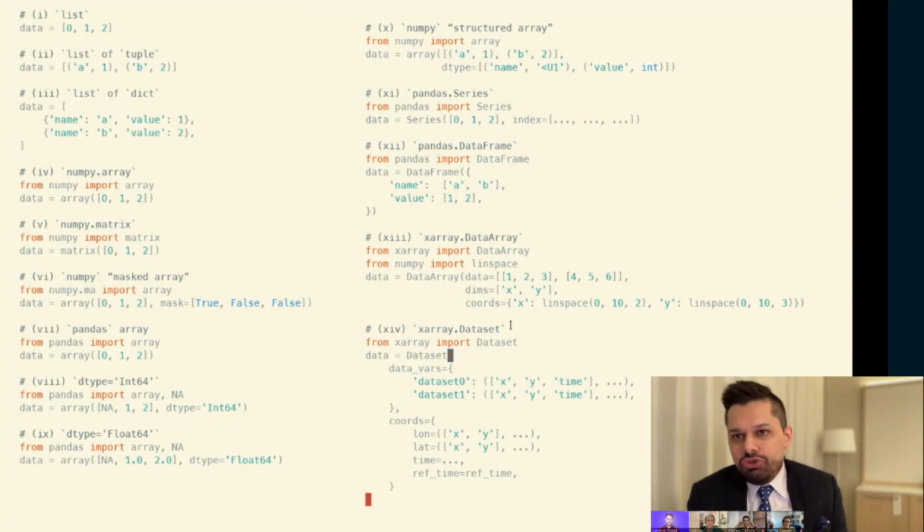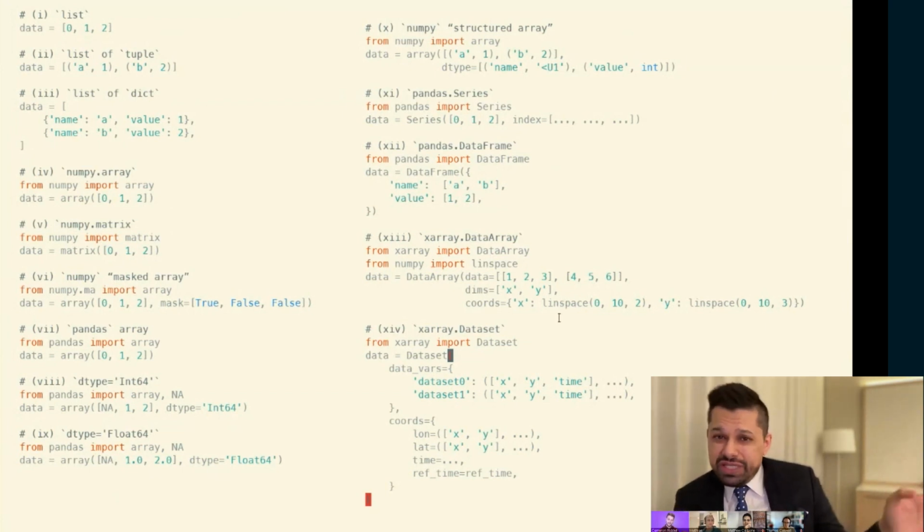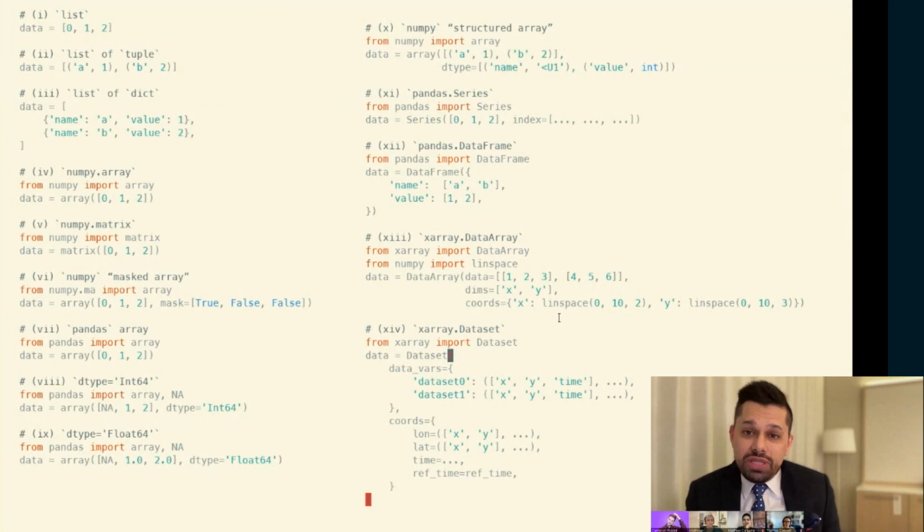If I were to choose an interesting contrast, I would say between number 4 and number 5, the NumPy array and the NumPy matrix. Historically, we needed the NumPy matrix in order to make sure that when you perform a multiplication operation between 2 structures, here you can see the example is a little bit hokey, you're performing actual matrix multiplication.